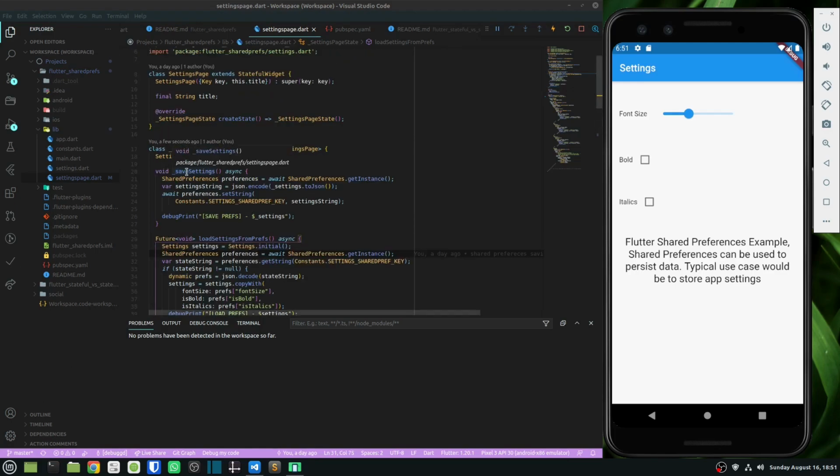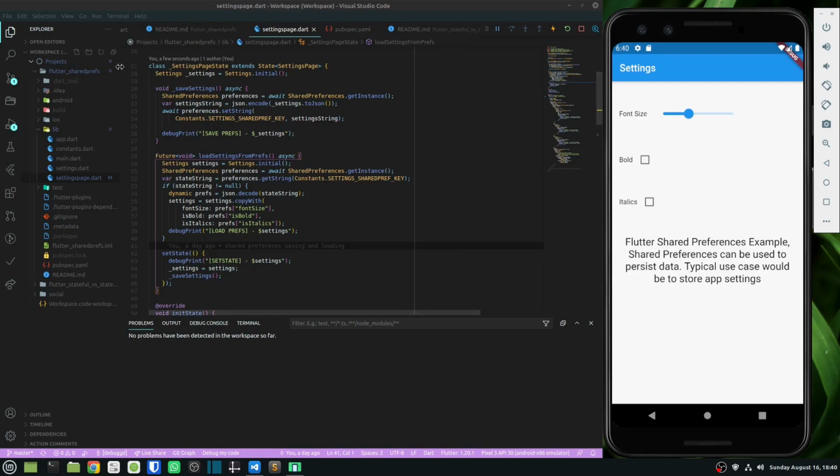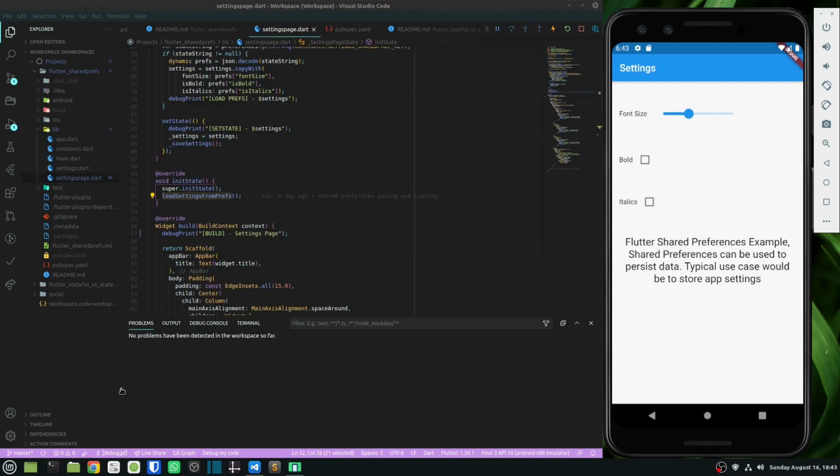You will see that the saving and loading methods that I have defined are asynchronous. So shared preferences makes an async call to persist and load the data. So this is how the saving and loading of the preferences work. I also call the load settings from prefs method in the init state.